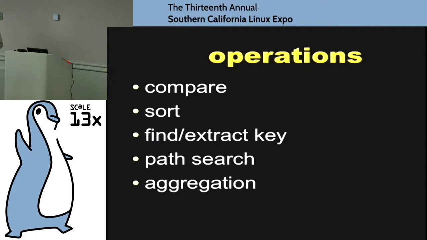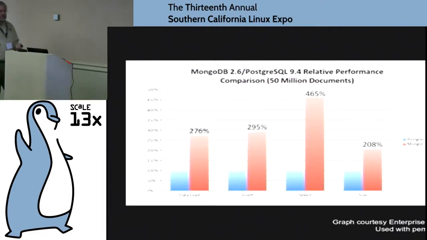The other thing that we've added with JSONB is a whole bunch of operations. One of the problems that we had with the old JSON type was that white space was maybe significant and maybe not, and application specific. And that meant that there was no equality comparison for 2 JSON values because you couldn't determine if they were equal or not. So now, because we are normalizing the JSON, we can determine if they're equal. We can sort the JSON. We can extract a key, do aggregation, do path search. Well, I'll have demos of these, which will be more interesting.